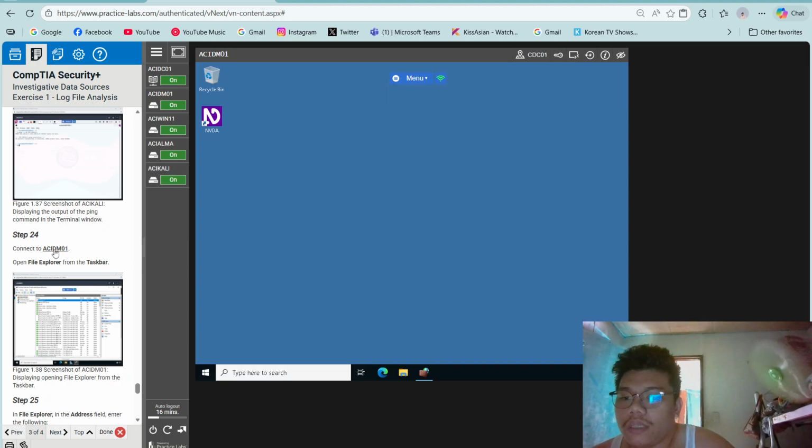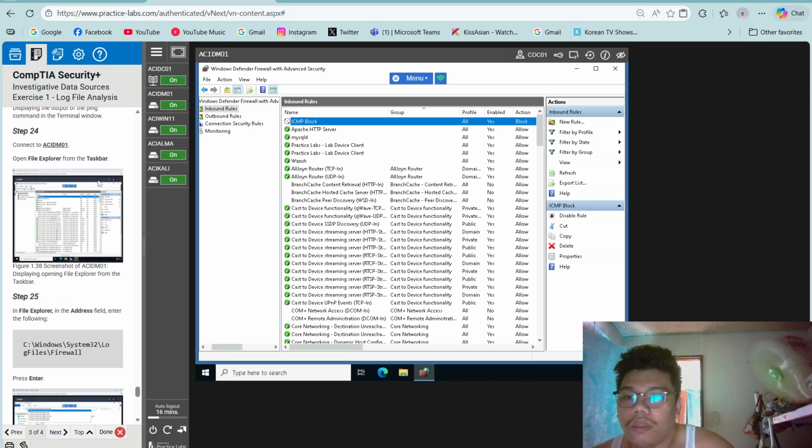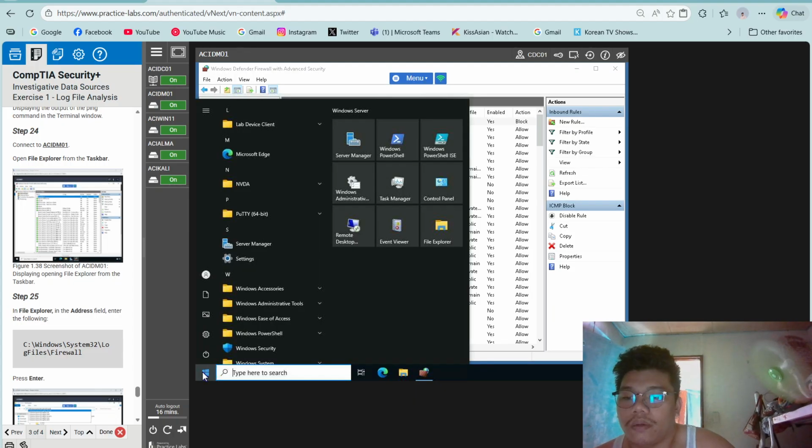Connect again to ACIDM01. Open File Explorer on the taskbar.